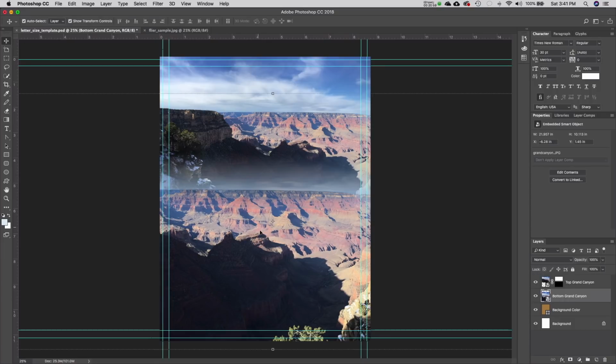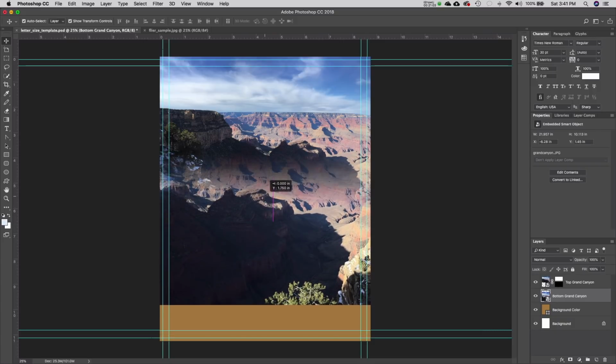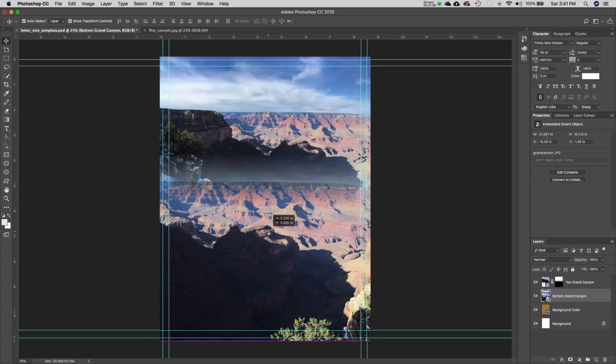We're going to work on this. So now we have a nice fade. See that gradient? Look at that. I know it looks a little weird, but I am happy with that. And now the main reason I still have a background color is we are going to apply a couple filters to this,